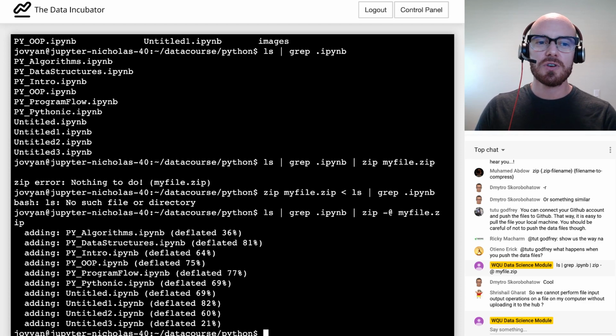Shrishale's question is they're just confirming that we can't perform file input output operations on a file on your computer without uploading it to the hub first. Yes, that is correct.